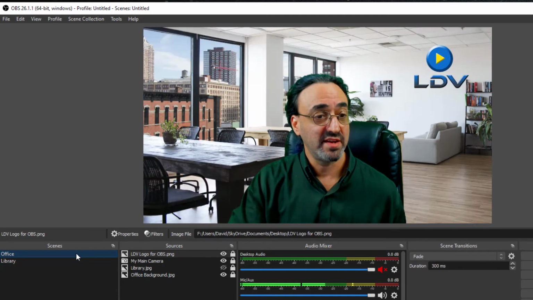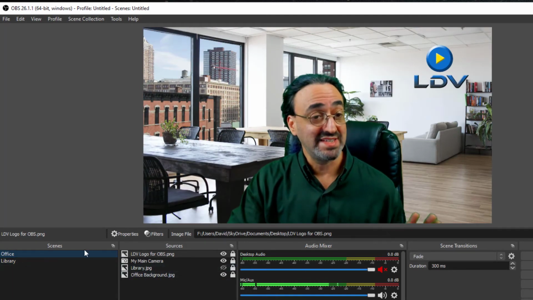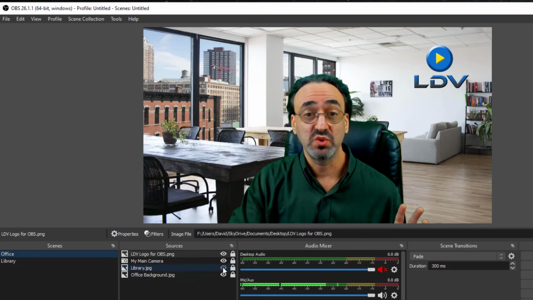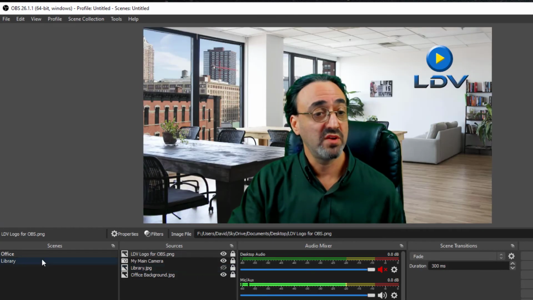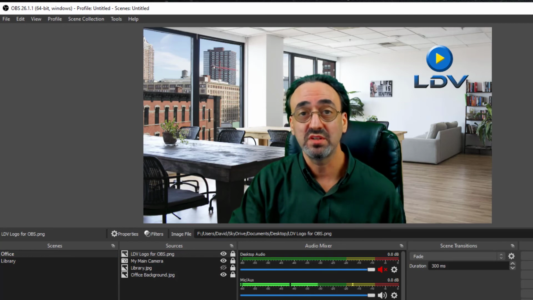One final thing to know about scenes is they work with transitions. Now what I mean by that is, if, for example, I stay in this scene and I just switch my background by clicking the source, by unhiding the source, it just shows up. It's on and it's off. I can't make it fade in. But when you switch between scenes, and we're going to learn this in a later lesson,